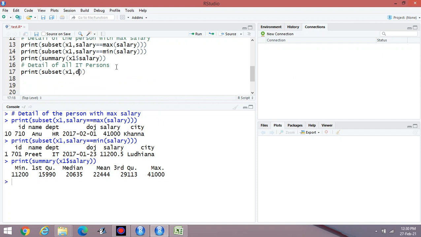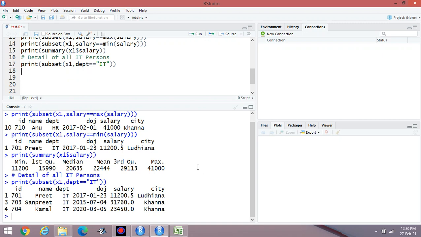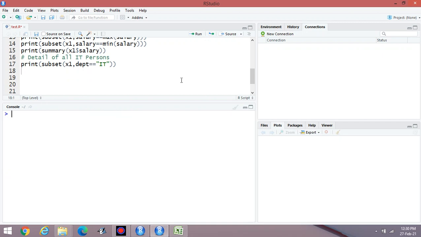Then simply x1, I have to write department is equal to, simply write IT. Okay, this one is required. You can display the persons with the IT only. This one is the content.